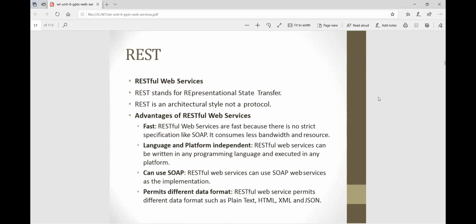Next service is REST. RESTful web services. REST stands for Representational State Transfer. REST is an architecture style, not a protocol. Okay. So the advantages of REST web services: it is fast. Why fast? Because there is no strict specification like SOAP. It consumes less bandwidth and resources.